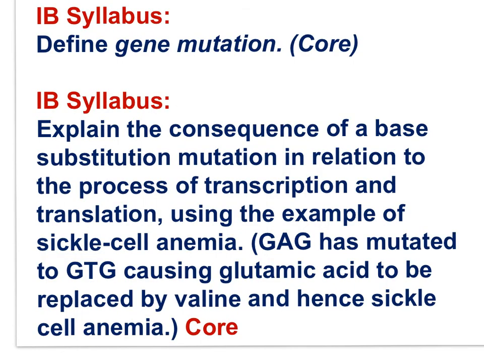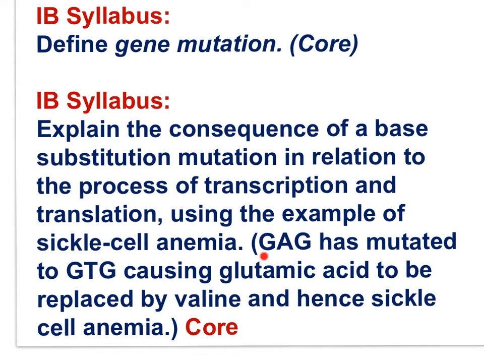And lastly, let's take a quick look at mutation with a focus on one specific type of mutation, known as a base substitution mutation, that forms sickle cell anemia. Here are the IB syllabus statements. Define gene mutation. Explain the consequences of a base substitution mutation in relation to the process of transcription and translation, using the example of sickle cell